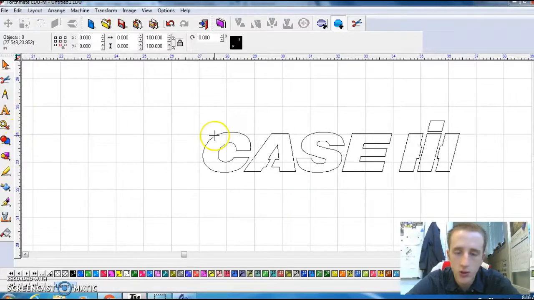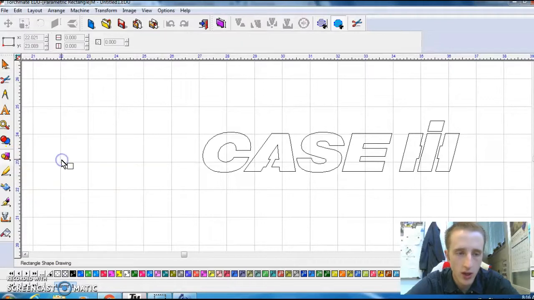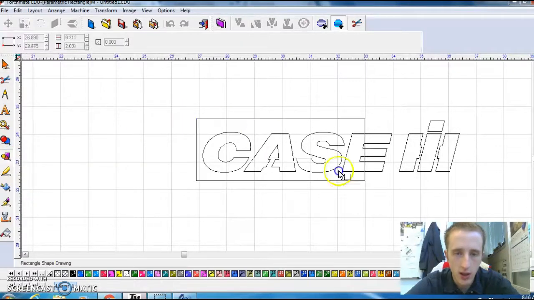Now I would like to make this like a small sign, and so a lot of the things you're going to make, you're going to want to just put a rectangle around it. So I'm going to go over to shapes. You'll see a circle, a triangle, and a square. We're going to go over to a rectangle. We're just going to click and drag